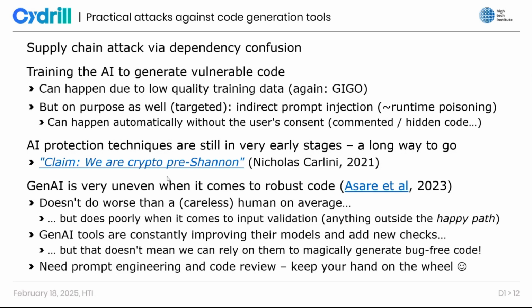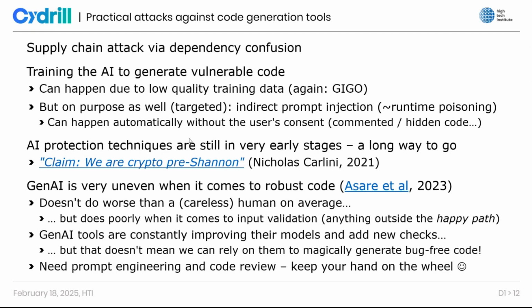And there's a pretty strong claim by Nicholas Carlini, who is a security researcher and AI specialist at Google, who has said, well, a few years ago, but still, that right now we are at the state with respect to AI security where cryptography was before Claude Shannon. So when we were still using mechanical cryptographic devices, and we didn't have the mathematical background to have the cryptographic algorithms that we use today that are essentially unbreakable, at least as far as we know, for AES, for example. Obviously, it can be broken eventually, so don't take my word on it. But you know what I mean in this context.